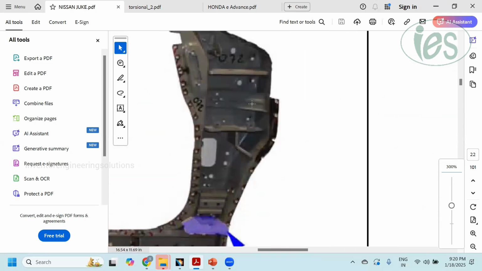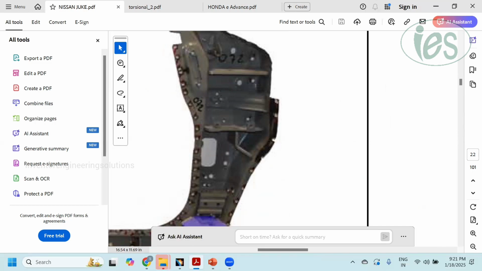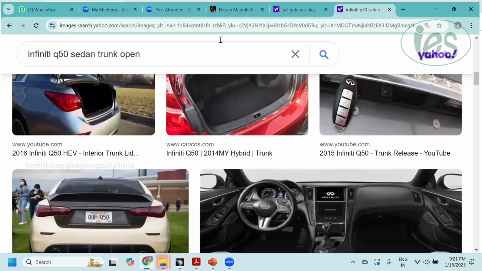So this is the upper hinge mounting bracket. The same way, this is the lower hinge mounting bracket. Okay. And this side, we have a check link. The check link is used for this one. You see,